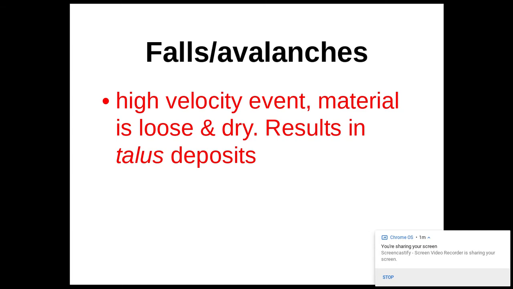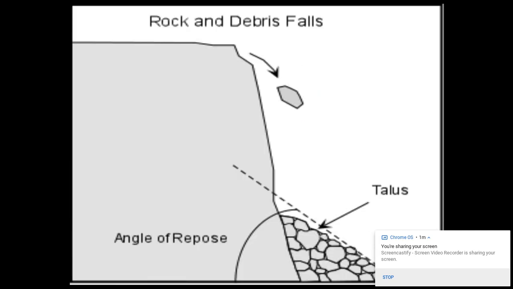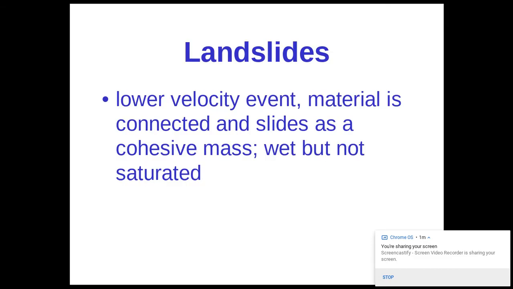So, avalanche, okay, high velocity event, loose, dry rocks, and they fall. A lot of times on the side of the road, you'll see these metal wire, almost like fences, and they're there so the rocks and debris don't fall onto the roads. And one of the reasons they happen there is because we've actually broken the rock apart and we've actually exploded and blown up the mountains. And then they have these steep slopes here and they fall. So the bottom is called talus. That's the accumulated material.